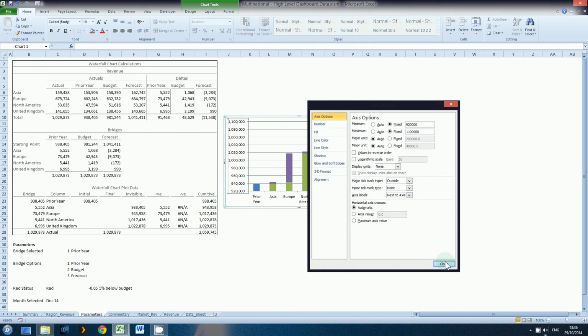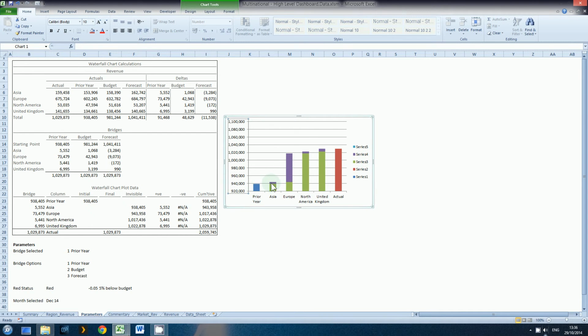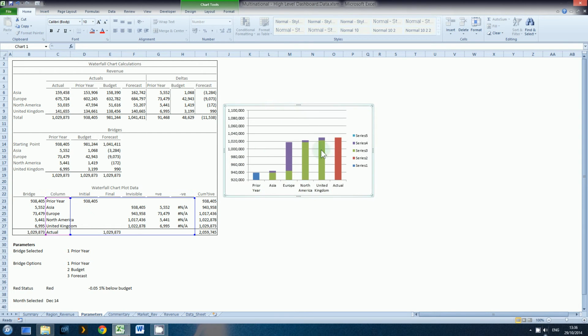There we go. Alright, and that tracks reasonably well. It could have been a bit smaller on the y-axis, but we'll sort that out later. Right, we don't need the series on the side. This is a quick formatting job. We don't need those